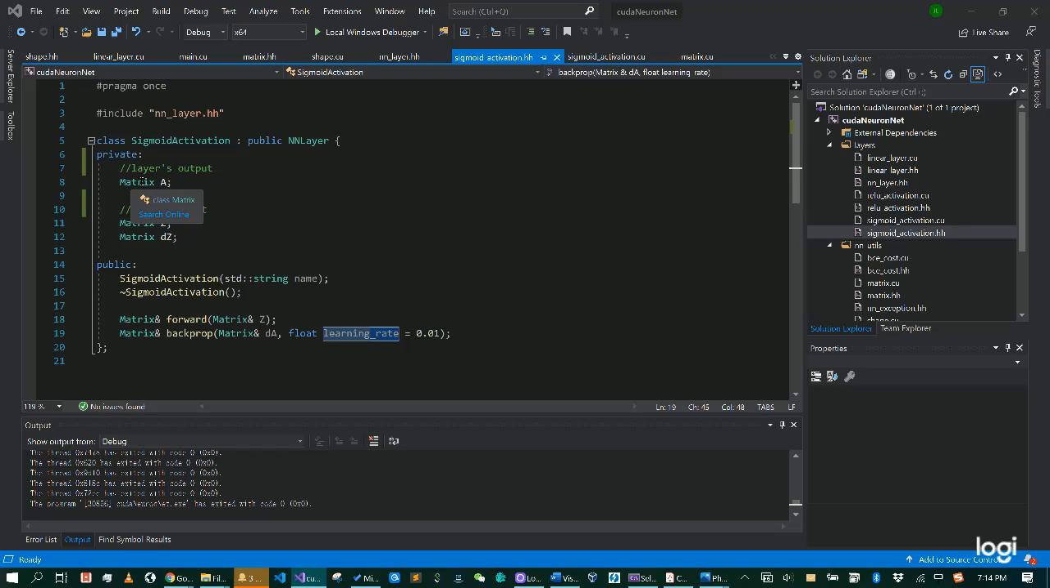One is matrix A, which is going to be the layer's output, and we have the layer's inputs, which are going to be the layer's matrix Z and matrix dZ, and this dZ will be used in the back propagation. So basically, this is a very clever way to implement, because we want a single layer to be one object, and every time we can keep the result